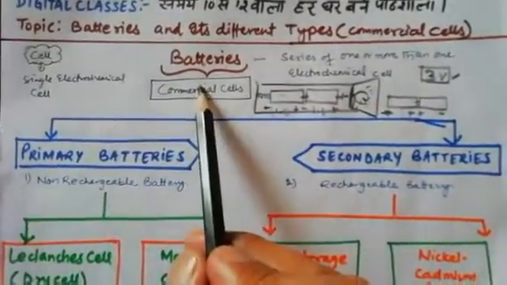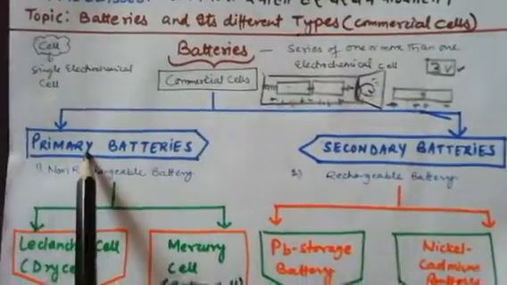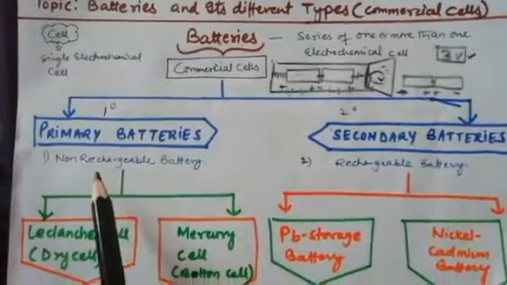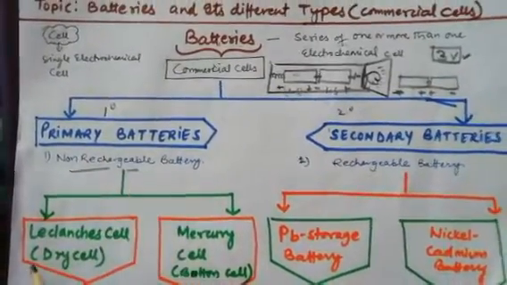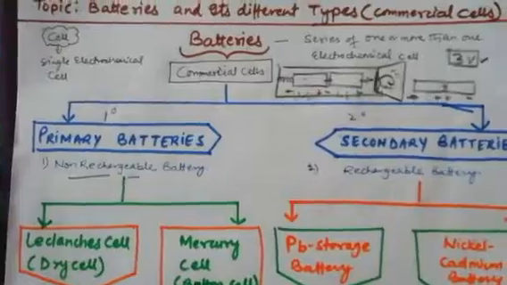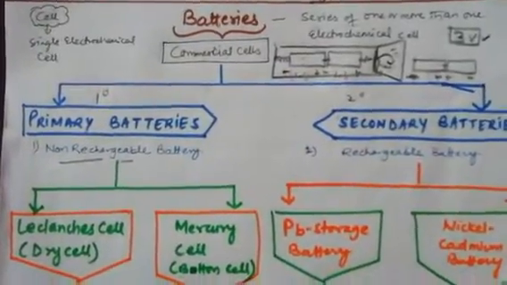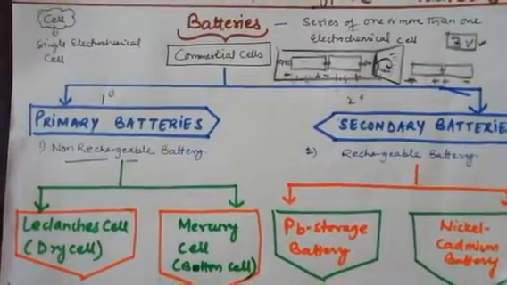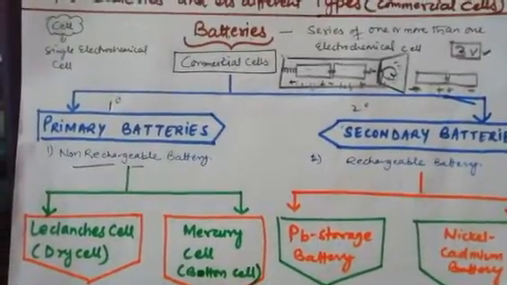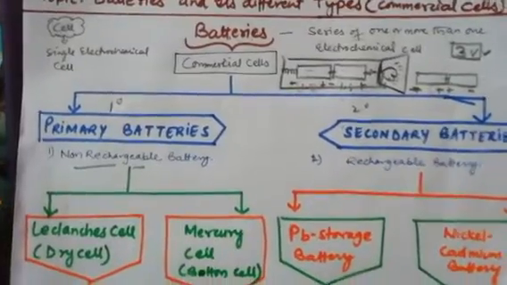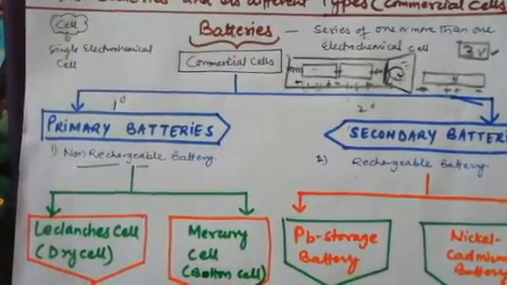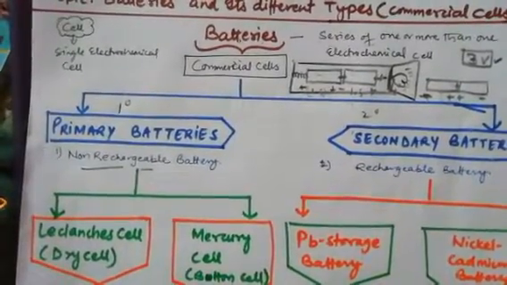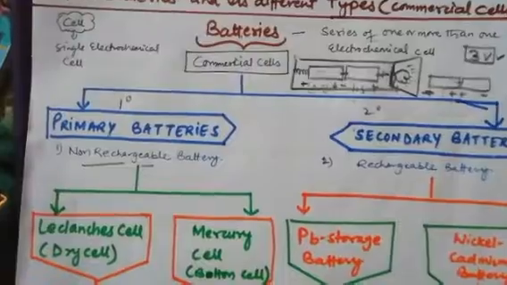If you understood, now let's discuss 2 types of battery: primary battery and secondary battery. A primary battery is a non-rechargeable battery, which is a dry battery. Once we use it, it will finish. It is a device in which a reaction occurs only once, and after use over a period of time, the battery becomes dead and cannot be reused. It produces electric current for a period of time only. When no more chemicals remain available to take part in the reaction, the cell will die.